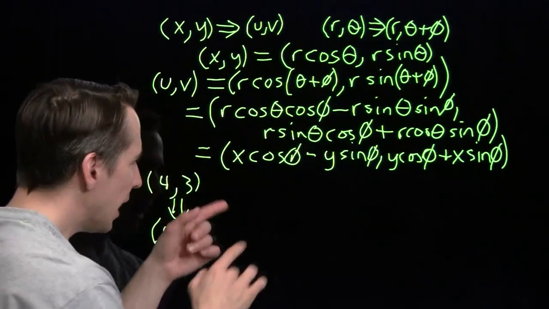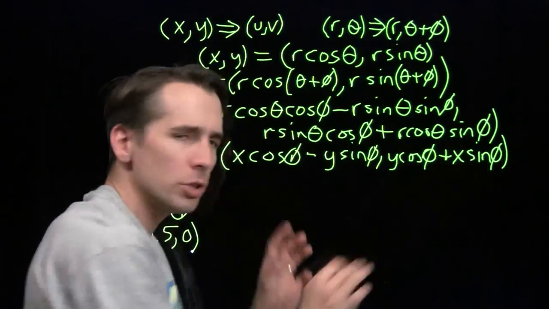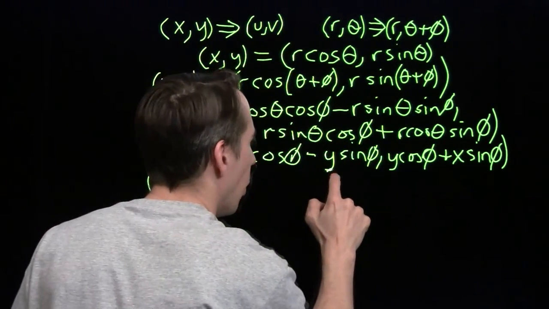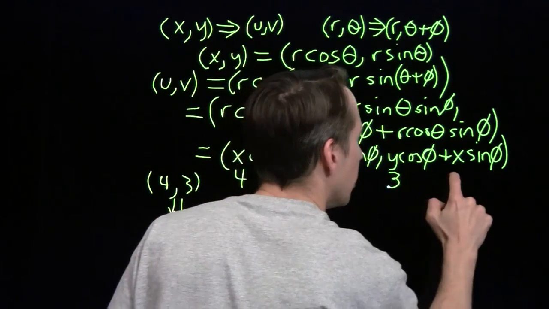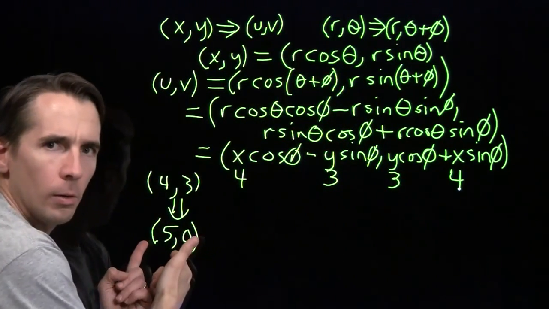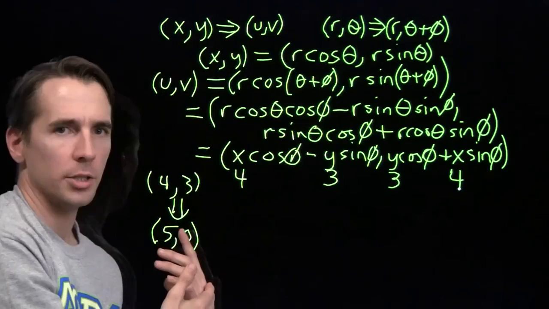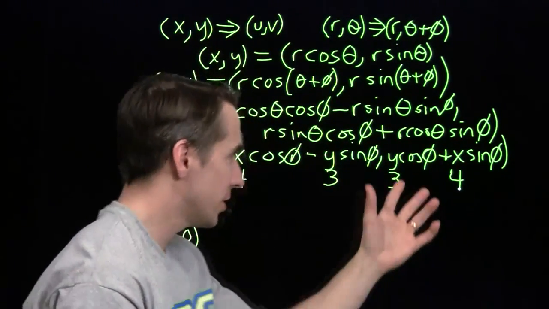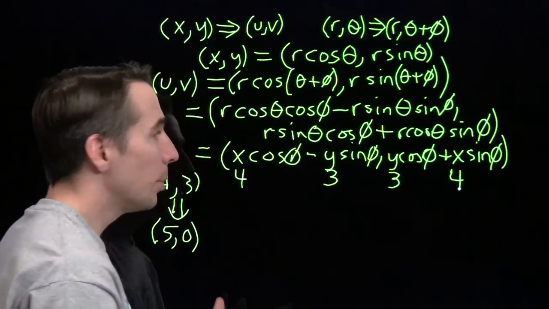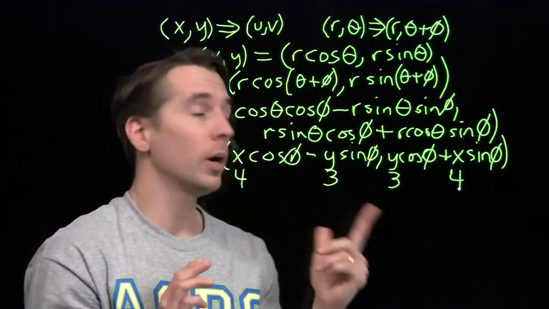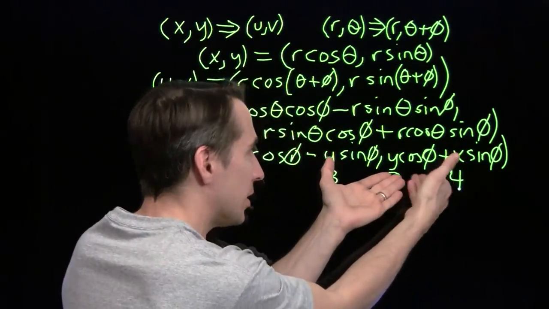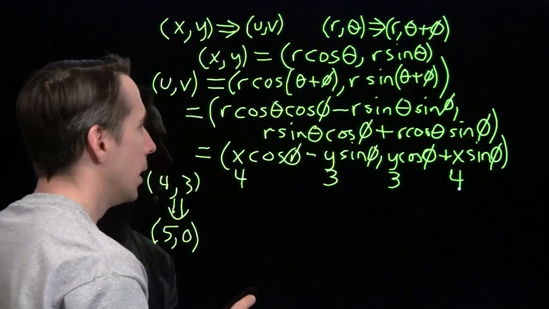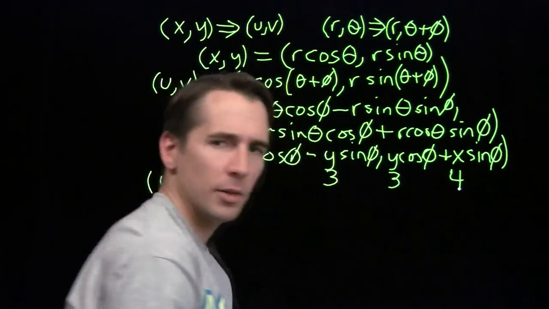So now we just have to choose the right phi. We have to choose the right angle so that when we put in 4 for x and 3 for y, out pops 5, 0. So what angle is going to do that for us? When I'm seeing all these 3s, 4s, and 5s, we figure our angle is going to have some 3/5, some 4/5 in here among these sines and cosines. But one of them is going to have to be positive, one of them is going to have to be negative because we want this to come out to be 0. So they're going to have opposite signs. But which one's which?